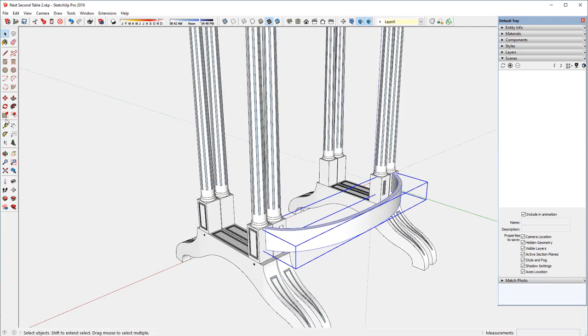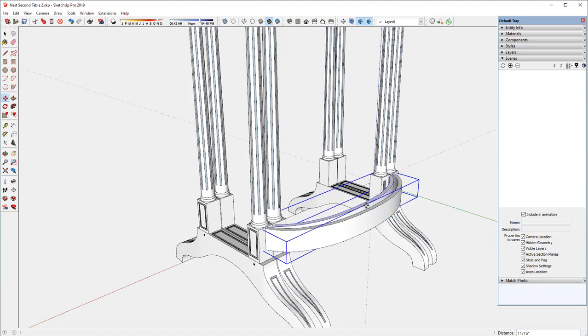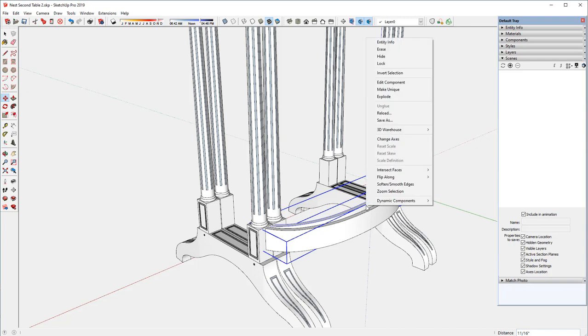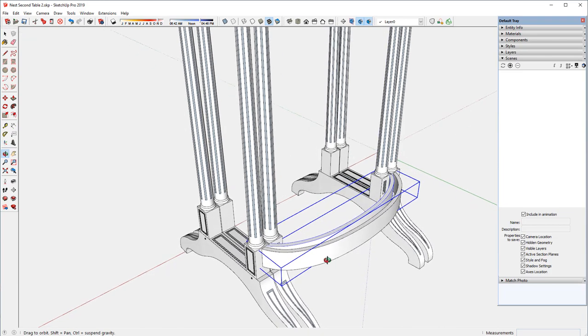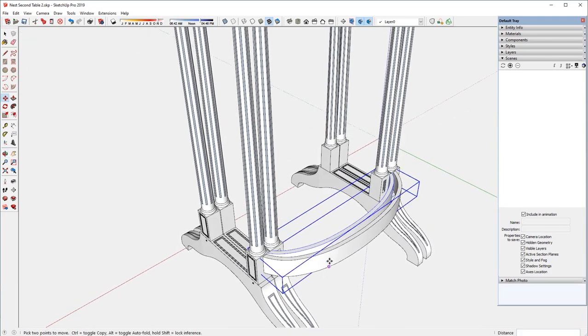I'll copy first, just copy it, and move it on the green axis, and now make that unique, because I'm going to change this component size. This time